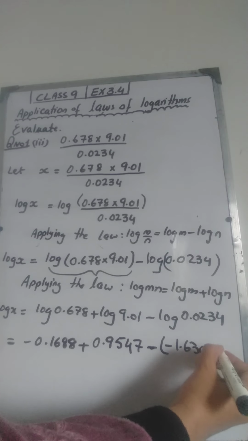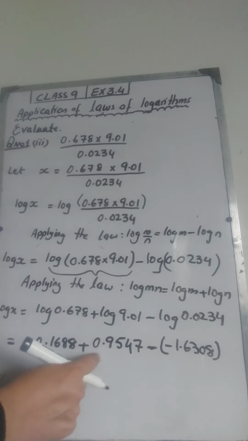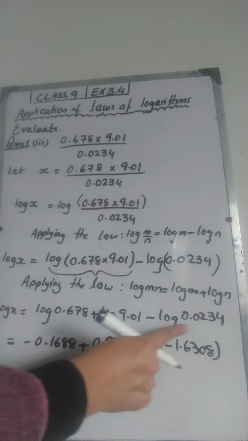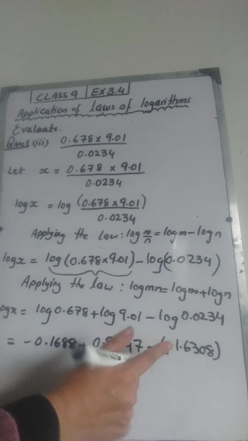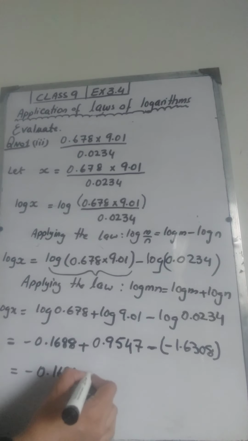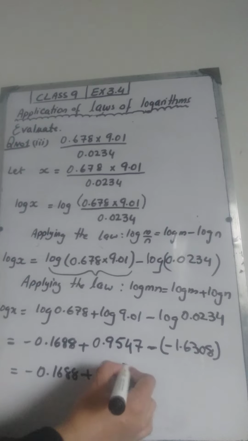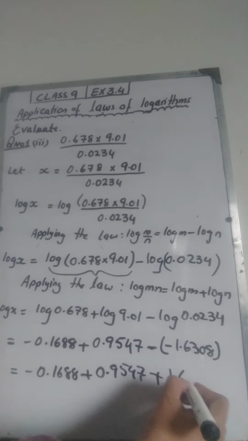The log of 0.678 from the calculator is negative 0.1688. Log of 9.01 is 0.9547, and log of 0.0234 is negative 1.6308. So we are going to write negative 0.1688 plus 0.9547 plus, minus times minus is going to get a positive sign for us,